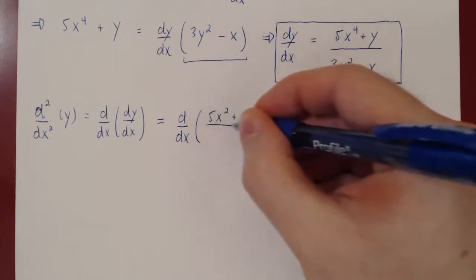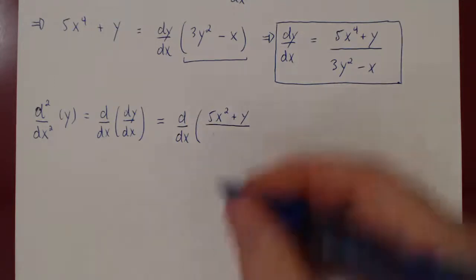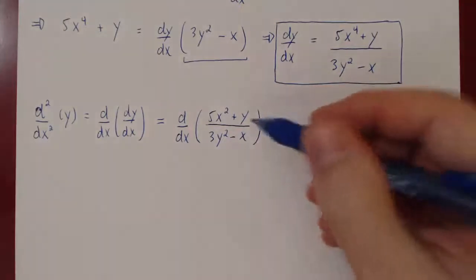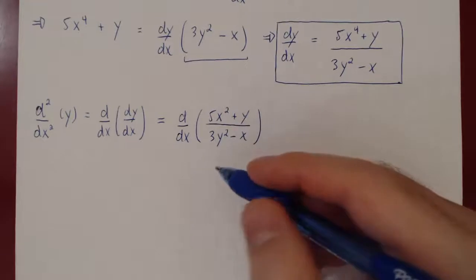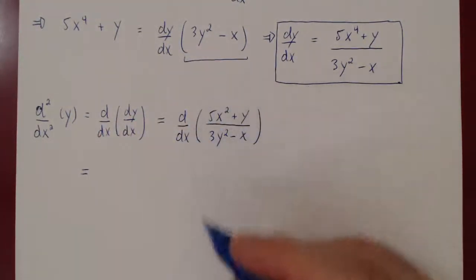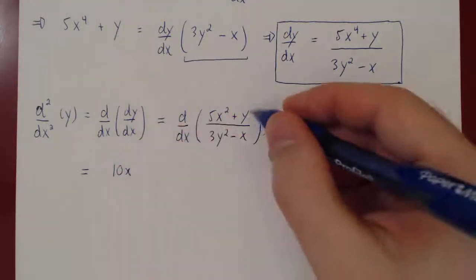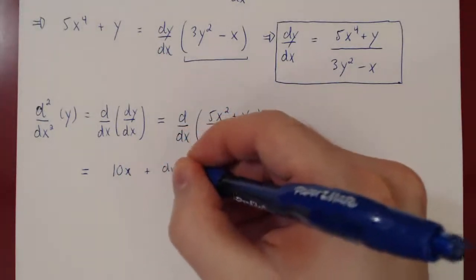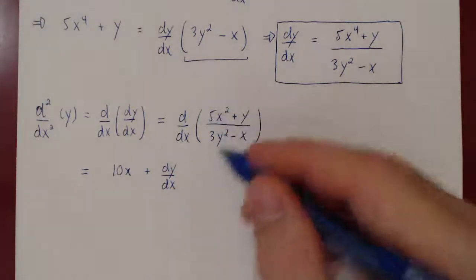plus y over 3y squared minus x. Well, to differentiate this, we need to use the quotient rule, as we have a quotient. So let's do so. It will be the derivative of the numerator, so 10x, plus the derivative of y with respect to x, so plus dy over dx. That is the derivative of the numerator